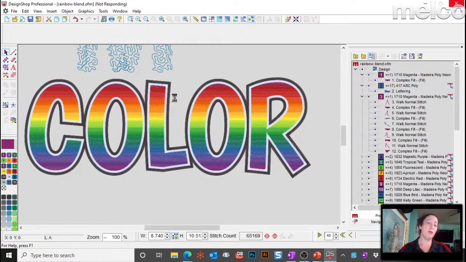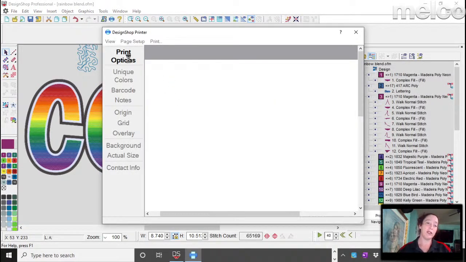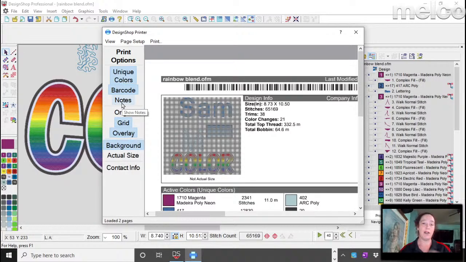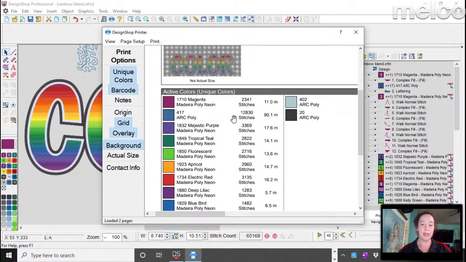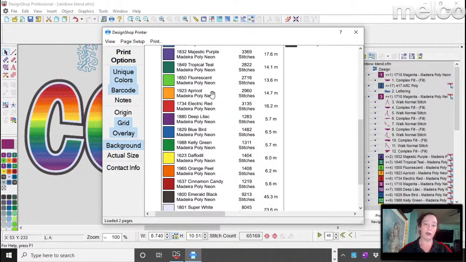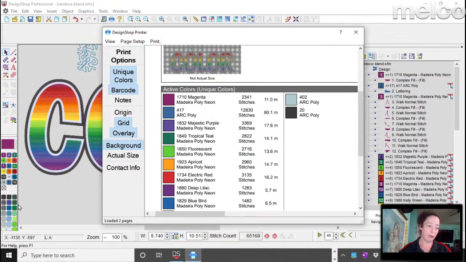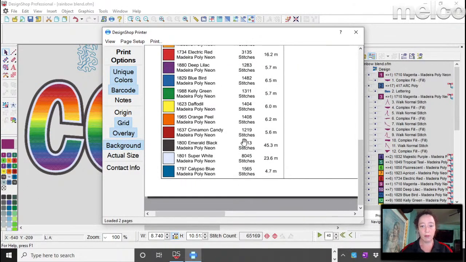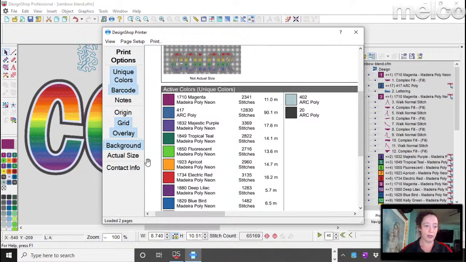So you can go print your different files and tell it what settings you want. Here under print options, you can tell it if you want the actual size, if you have notes within your file. But you'll see here what it gives you is active colors. So that is which colors were physically used in this file, or in the creation of it. Over here I can see 18 unique colors were used. But I can also tell it to do